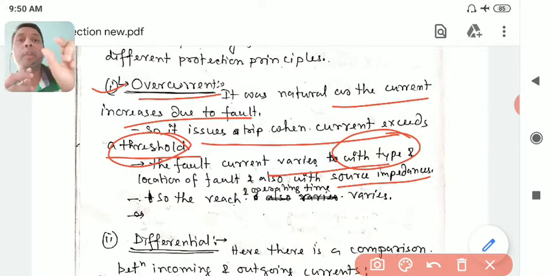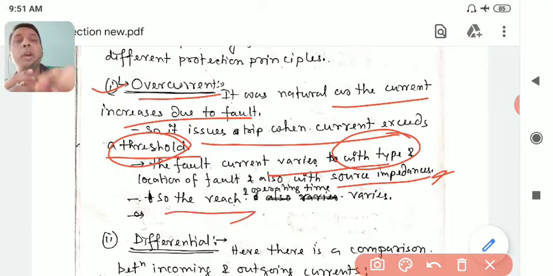While calculating fault current, you have calculated ZF. ZF is the impedance of the line, transformers, and generators. You don't know when a fault will occur, because it is a stochastic, probabilistic event. It is random in nature. When it will happen, you will not know. So at the time when the fault occurred, what was the system impedance? You don't know, because you don't know how many generators and transmission lines are connected. So you cannot design it beforehand. What will your impedance be at the time of fault? So your fault current will change, because ZF changes.